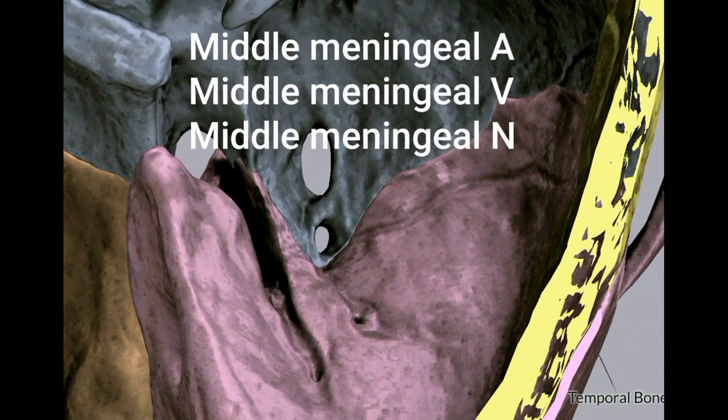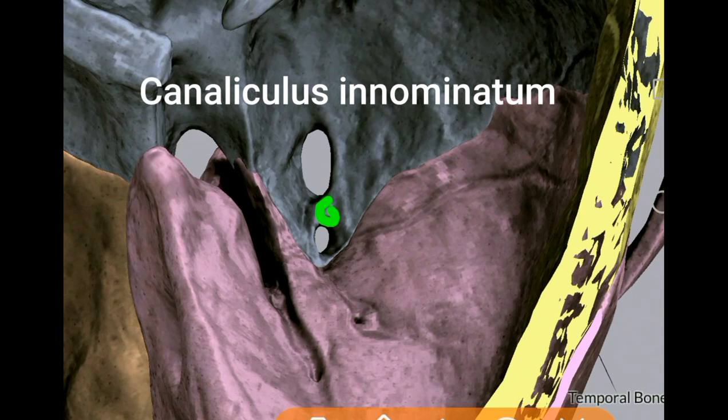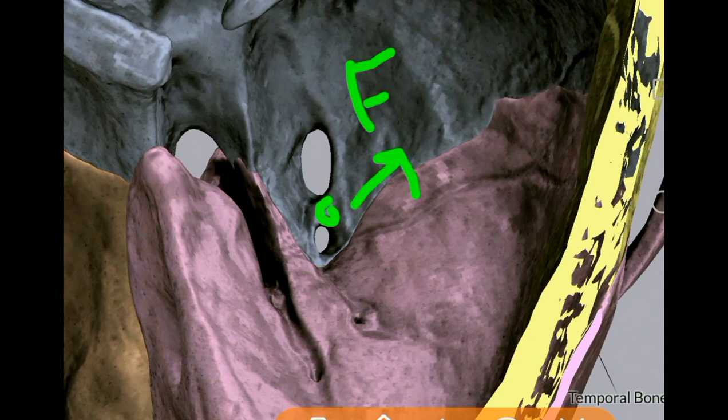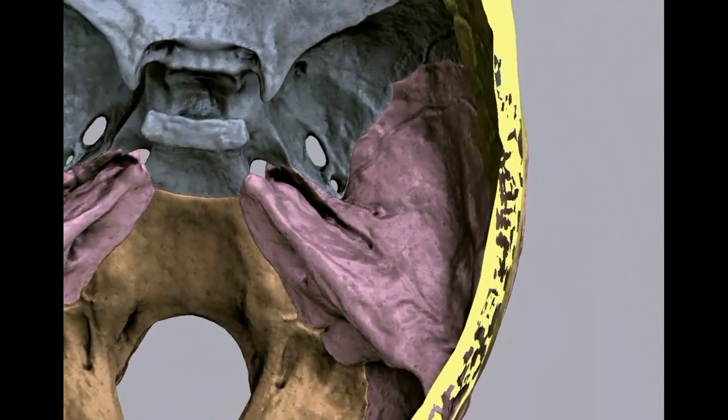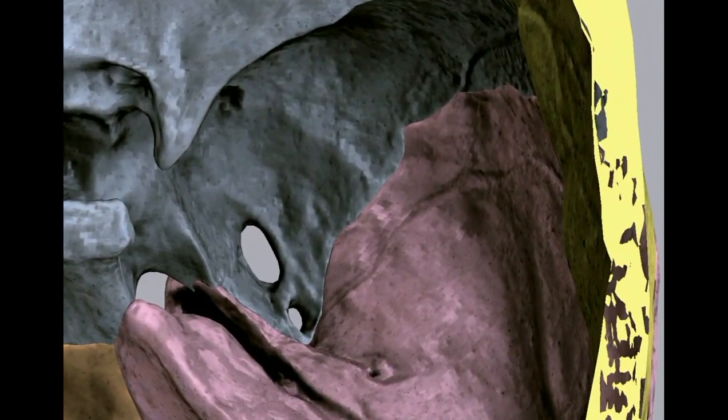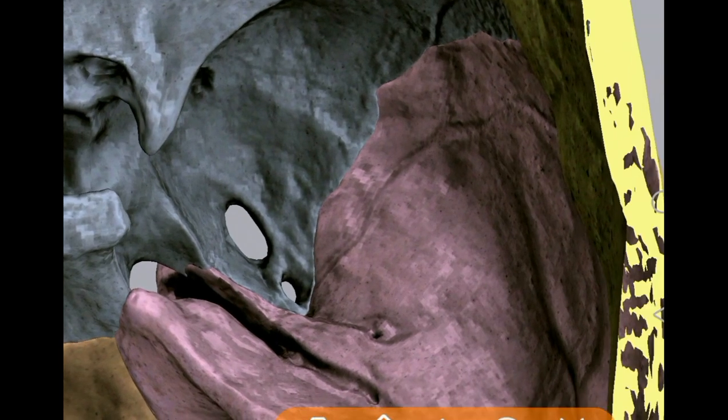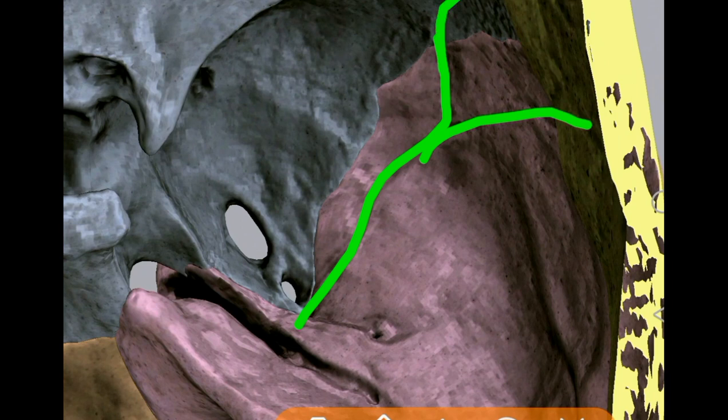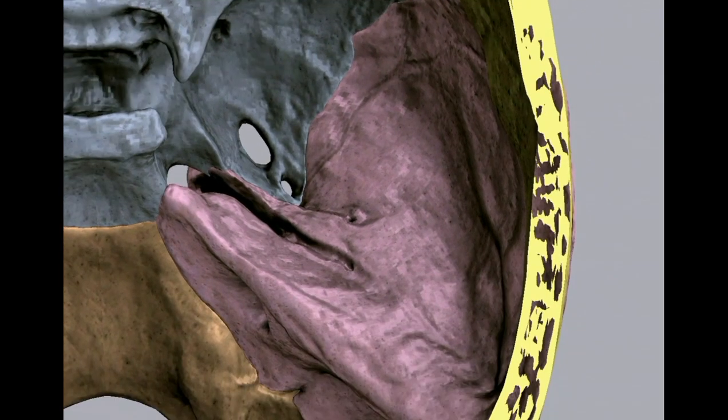And as you come here, sometimes you will see a canaliculus innominatus or foramen innominatum between the ovale and spinosum. Sometimes it may transmit the lesser petrosal nerve if it doesn't pass through the ovale. And I told you the lesser petrosal nerve is a branch of the glossopharyngeal nerve. It transmits preganglionic fibers to the otic ganglion within the petrous temporal bone. And when you see the inner surface of this squamous temporal bone, it presents a groove for the middle meningeal artery dividing into anterior and posterior divisions going in the respective grooves.